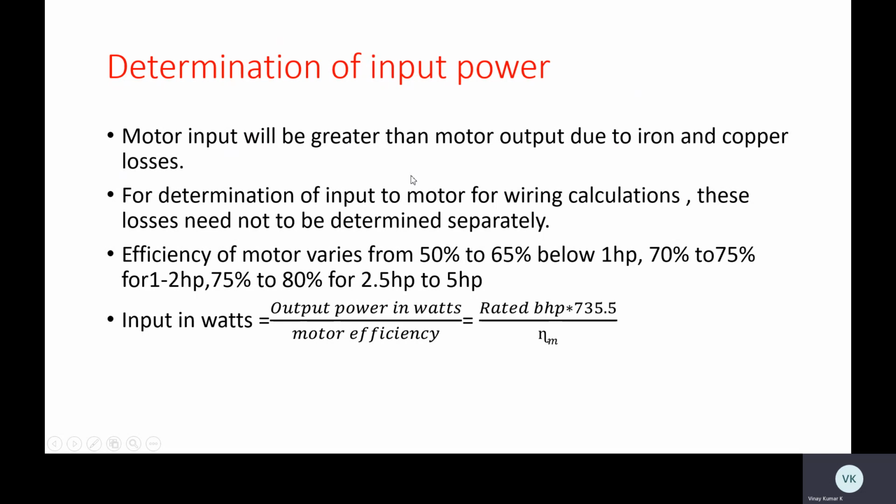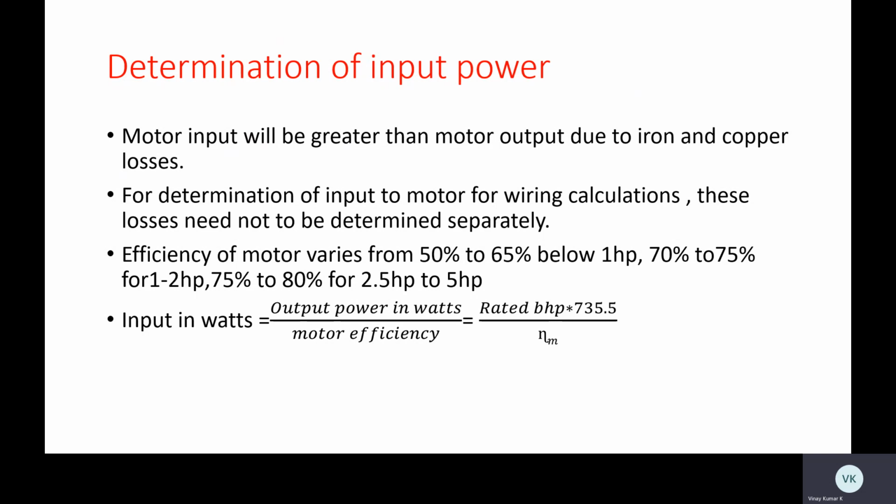While working, there will be a number of losses, that is iron losses, friction losses, core losses. So different kinds of losses are there. Because of these losses, the output power will be less. As we know, for determination of input to the motor for wiring calculations, these losses will not be considered separately. Okay, we are not considering these losses separately, and the efficiency of the motor varies from 50 to